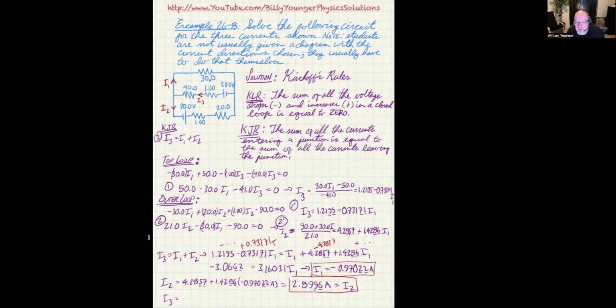All right, I've got I2. Now I'm working on I3. I3 we got was 1.2195 minus 0.73171 times I1, which is negative 0.97022 amps. And this should give me